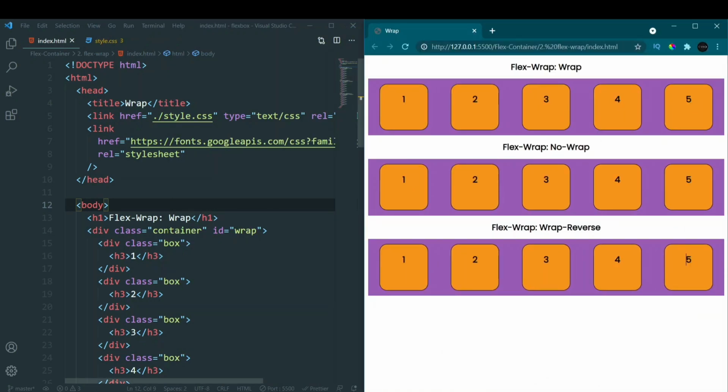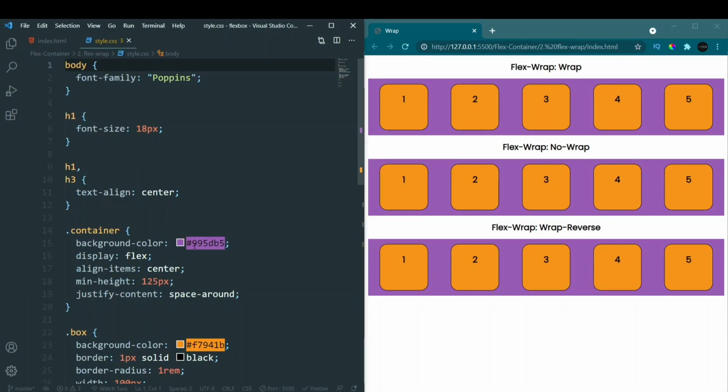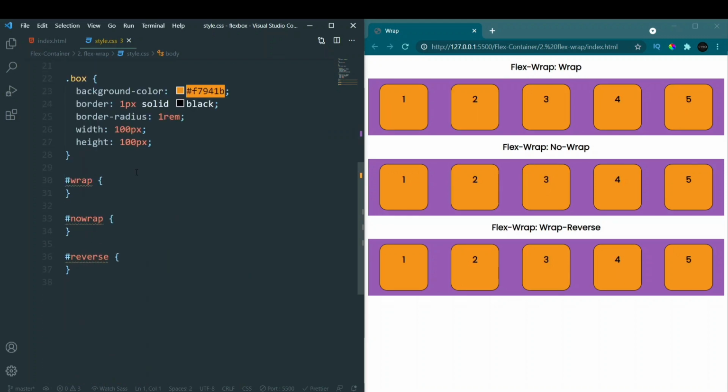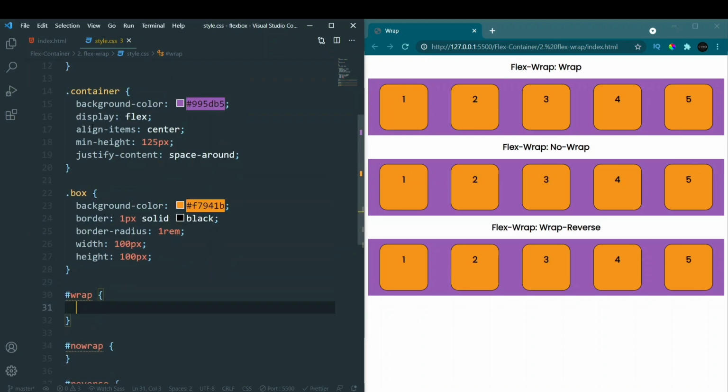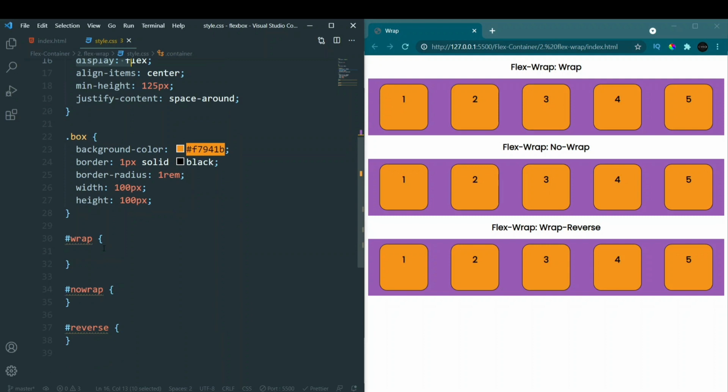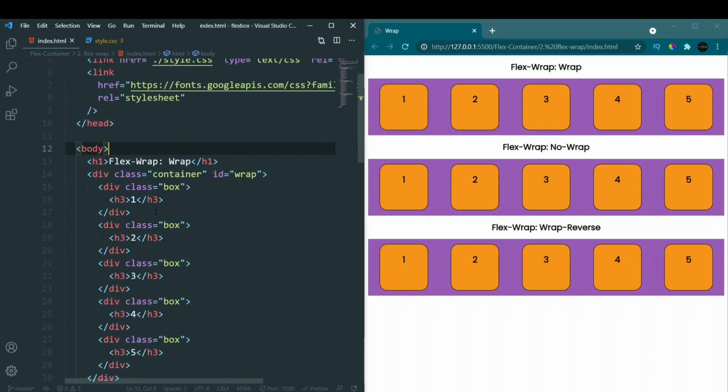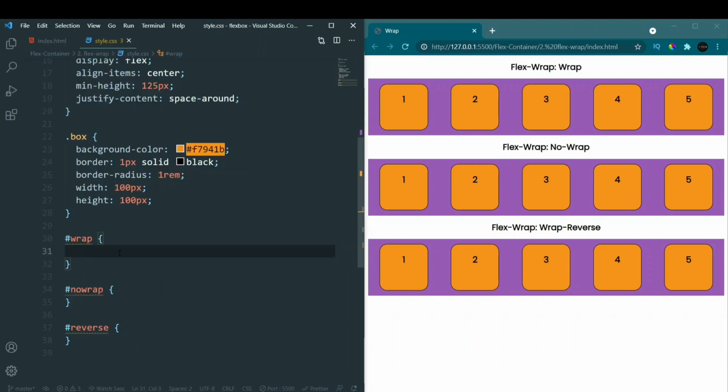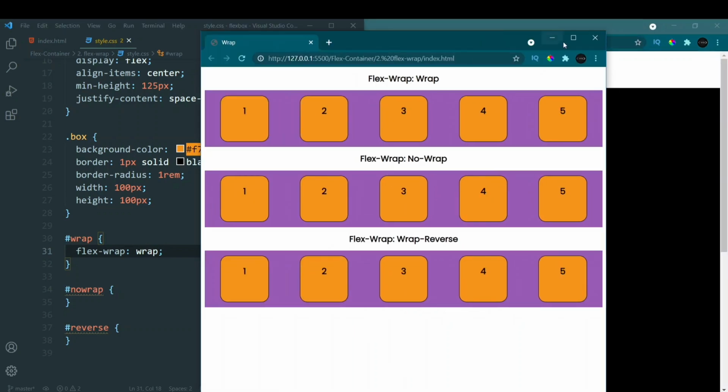here what we'll do is, again we'll go to our CSS. Again the same code is there, and here you can see display flex is applied to a parent. So we'll just go to this id which is given to every div of every parent that we have. So it is wrap here. So what we'll do is flex wrap and the value will be wrap. So let's save it. Do you see any change? No change, right? Not yet.